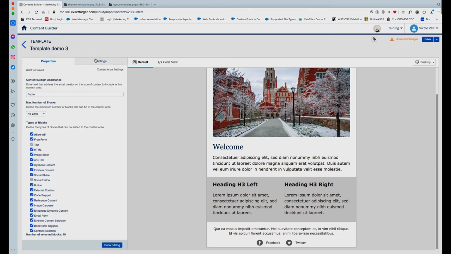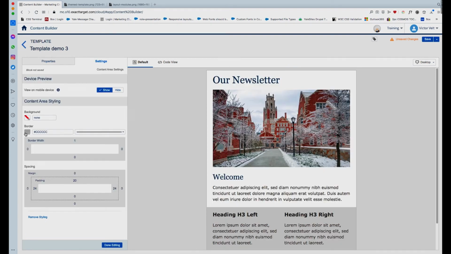So what I want to do is remove that border by clicking the remove, and let's see, there's still a none there. Okay, there we go. And now I want to add a background color, and I want to make it dark,